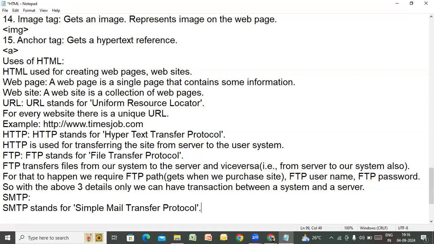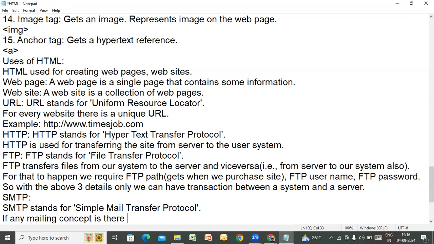So let us make a statement on that. If any mailing concept is involved or is there,